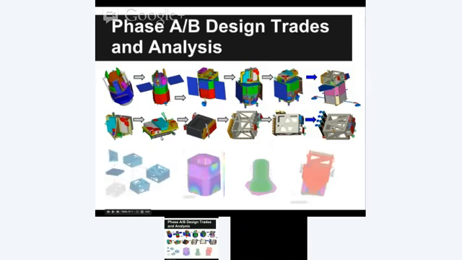And then finally, here's an example of some of the analyses that go on. So here's showing some of the structural models for the optical bench, just demonstrating some of the trades we went through with that. This is a kind of a stress plot of the spacecraft bus. This is a simplified model of the propulsion module, and then here we're looking at the dynamics of the overall